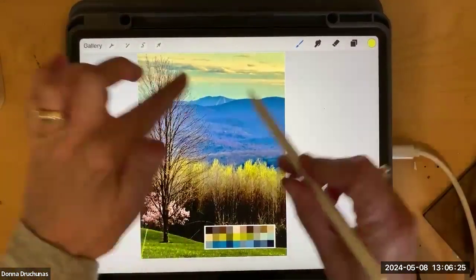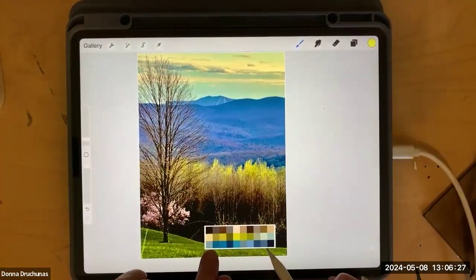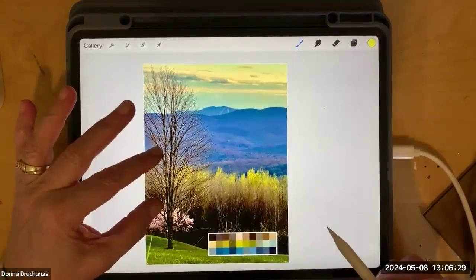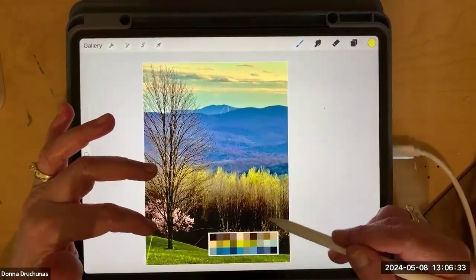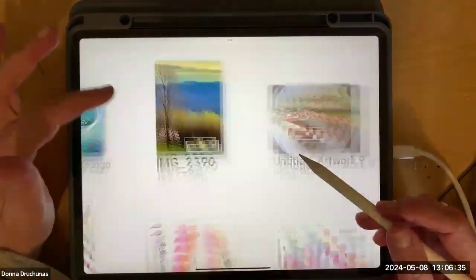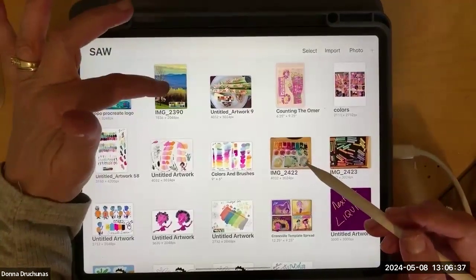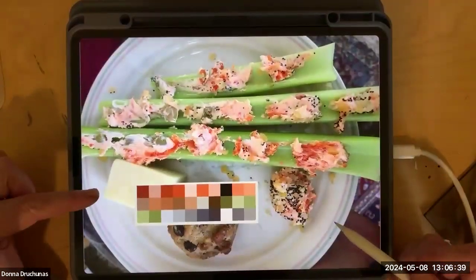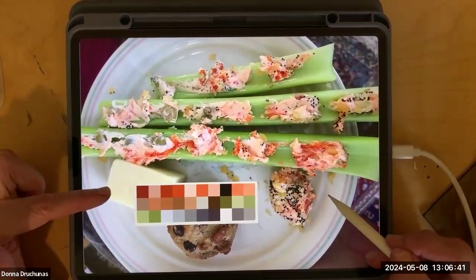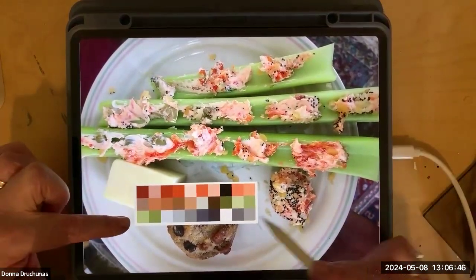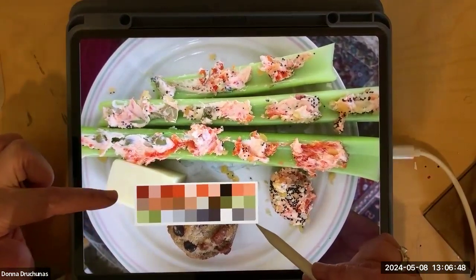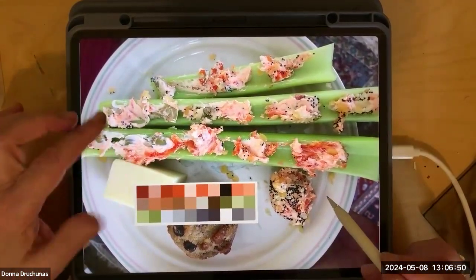I have a ton of pictures like this with the color palette in them. When I see something I really love, I do this and I make a color palette for it. And I do that with photos. That one's from Facebook. This was my breakfast one day. I just was looking at it, I'm like, wow, I really love the colors of that. So I took a picture and made a color palette from it in Procreate. And then I have